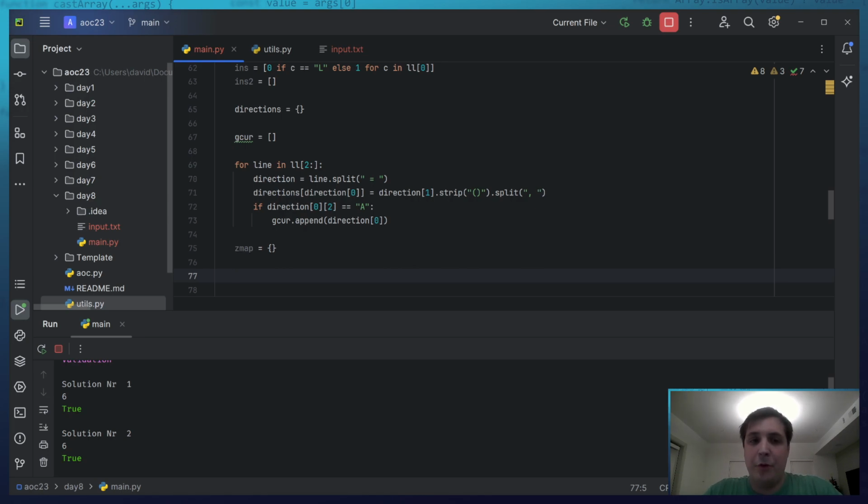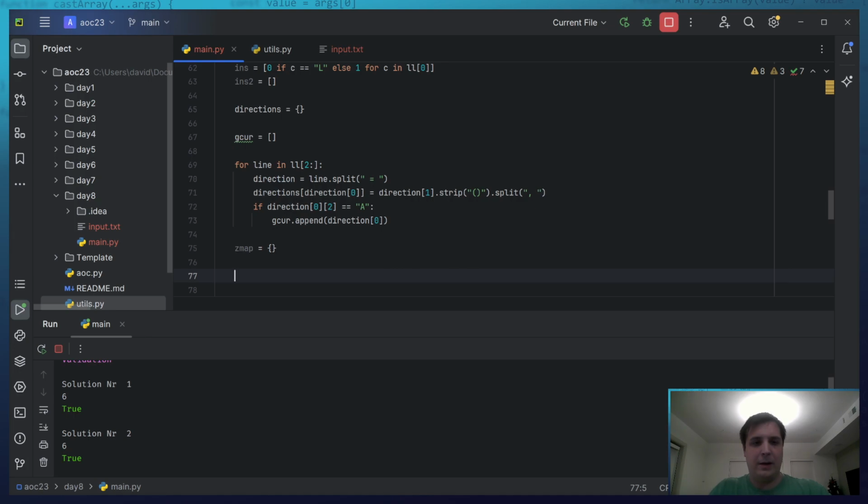And then I'm also going through every single face that it could be at and calculate where the next Z is and which one it is at. So the distance and which one. That's the two things I need.